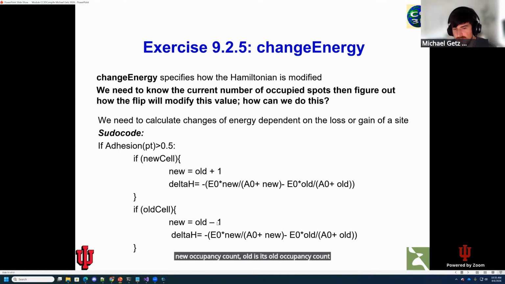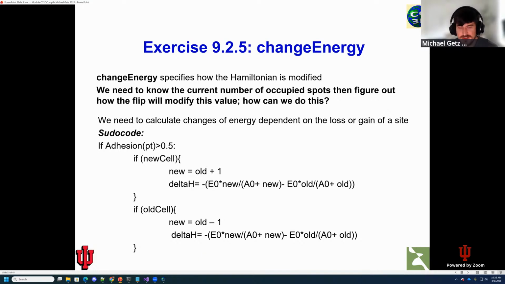Old cell will lose one, right? So new cell gains one, old cell loses one, and then we can just use our difference that we previously saw to see what is our delta H. We can then do the summation of these two delta H's to find what is our total delta H contribution, right? So pretty easy, still pretty direct,